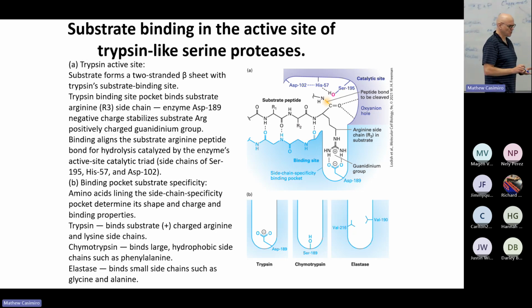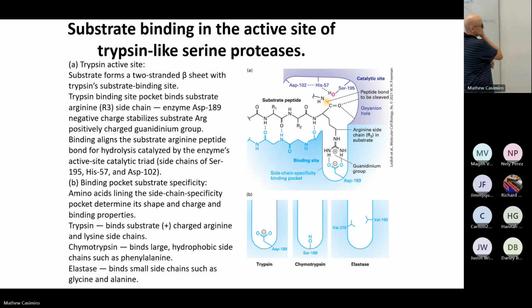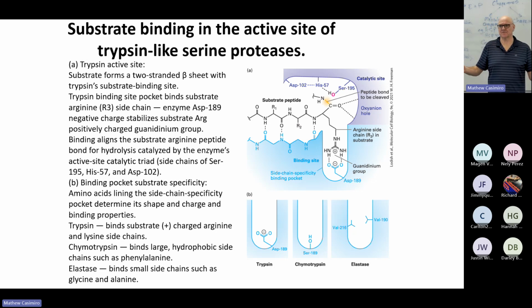So the model with which we're going to show substrate enzyme interactions is looking at a protease. It's called a trypsin-like serine protease. All right, and so these are enzymes which catalytically cleave polypeptides into smaller pieces. And the example that I gave you was digestion of a meal consumed, right? These proteases help to digest proteins that are within the gut, but they're also involved in